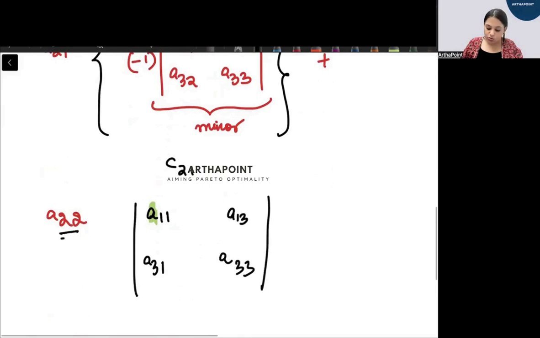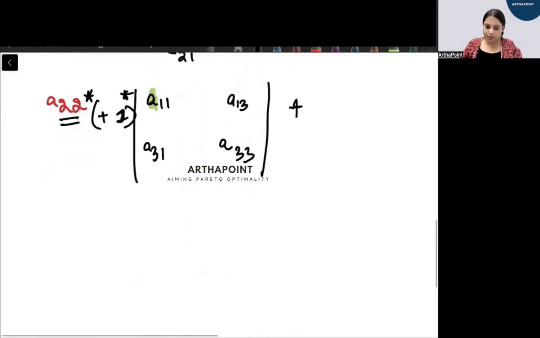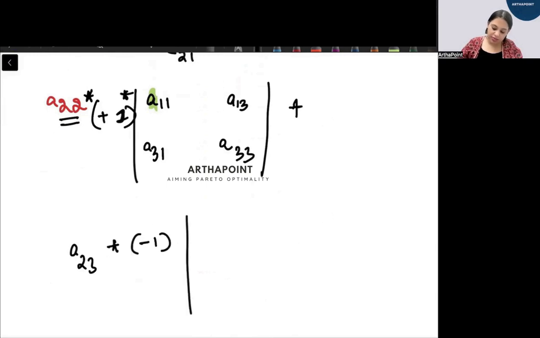And क्योंकि 2 plus 2 is 4, so plus 1 का ही sign रहेगा यहाँ पे. This is not A21 plus, ये multiply सिर्फ 1 से हो रहा है. हाँ, so plus फिर A23, 2 plus 3 is 5 odd, तो माने A23 के साथ there will be a minus 1 का sign and then determinant of,